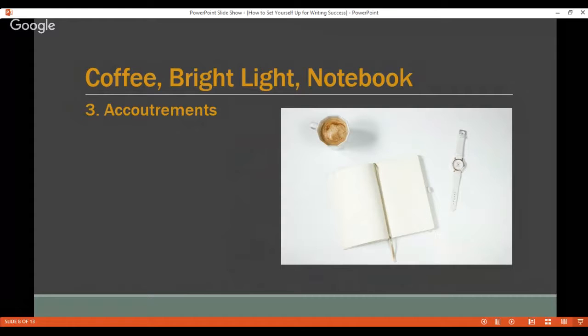Go to the store, pick up what you need, get it set up in your space so that you're ready to write. Because these little bits and pieces may not seem like a big deal, but they add up to being the correct formula to create that ritual so that you can be successful in your writing.